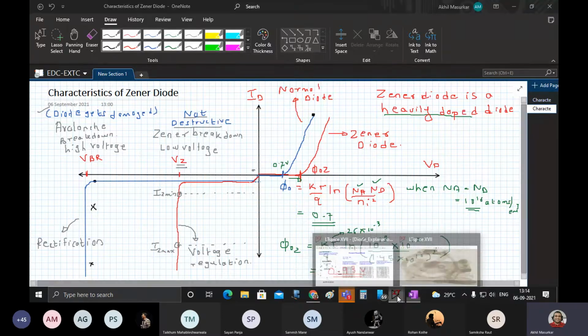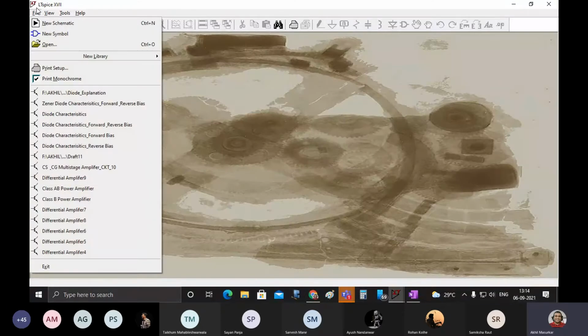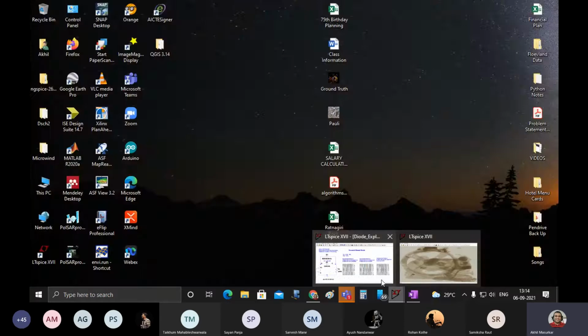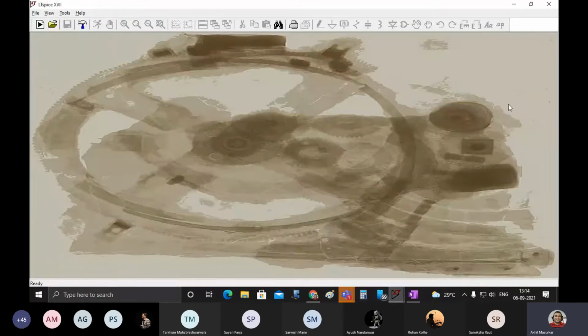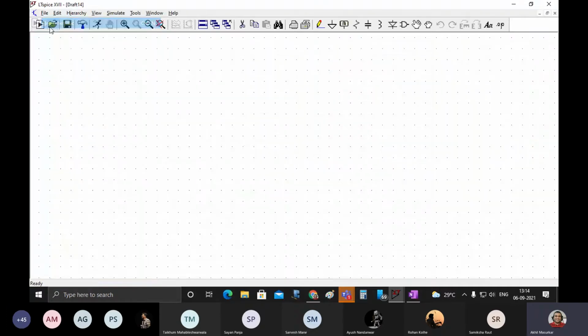Okay. In this, first you will build on a similar guideline the circuit for the diode characteristics, and this time the diode that you will select will be a Zener diode. So come on, start doing this. First you will build the same circuit which we have built last time, but instead of a normal diode, now you will be building a Zener diode.